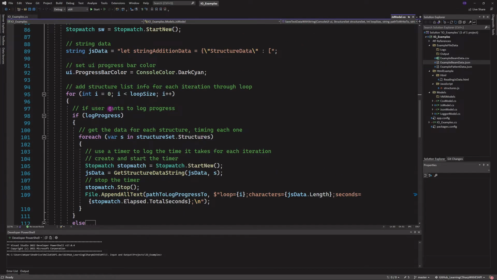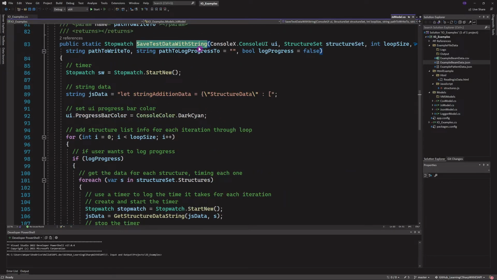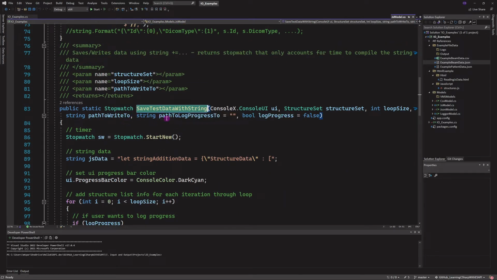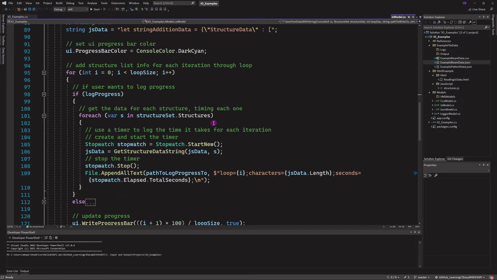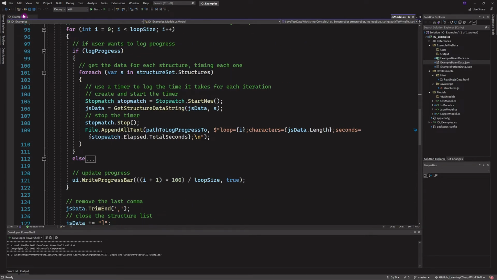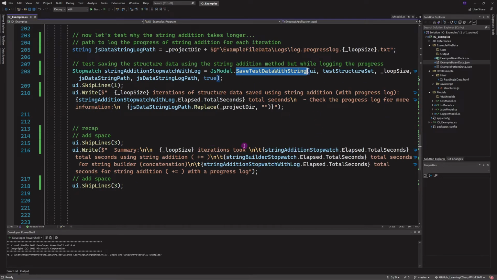So essentially, that's what these do. There's an extra method, or in the save data with string, so string addition, that's really what it should be named. There's a couple of extra parameters: a path to log the progress to, and a Boolean of whether or not we should log the progress. So when this is false, these are the defaults, and we don't need this. But when this is true, then we need a path, and so we're going to pass it the path of,